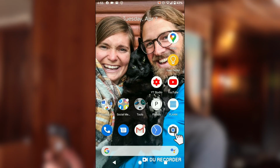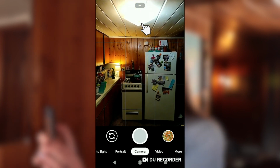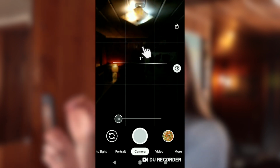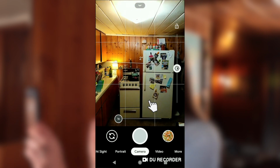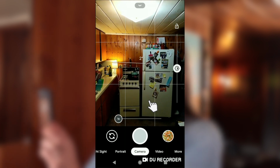So what I want you to do is I want you to grab your phone. I want you to see this for yourself. Grab your phone, get into your camera. Point your camera at a light source, okay? Tap that light source and you're gonna see that your image changes to properly expose that light source. Now keep your phone where it is in that position and tap off the light source. Now you can see that it properly exposes wherever you tapped and that the light is totally blown out. So that's one way that you have some control over your exposure, is by tapping for what you want to